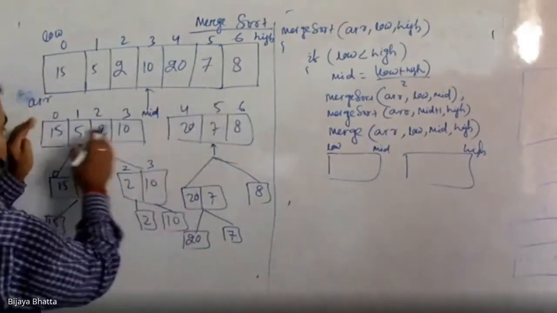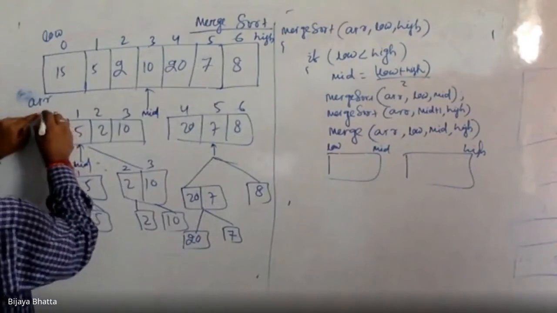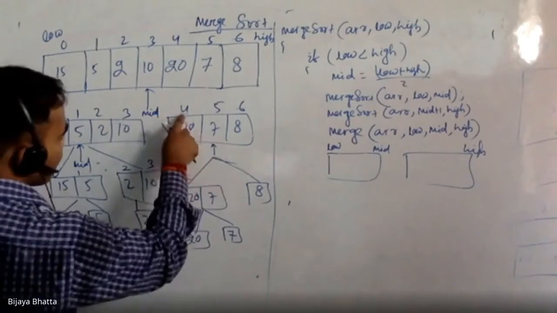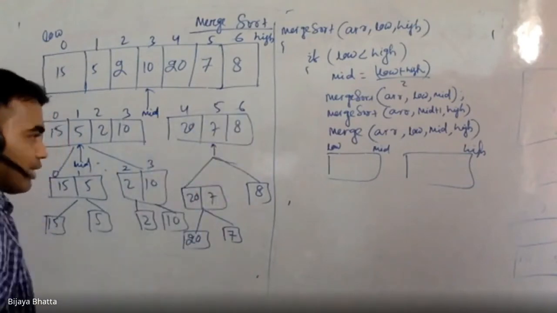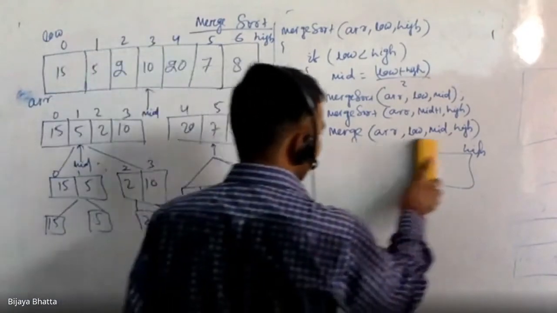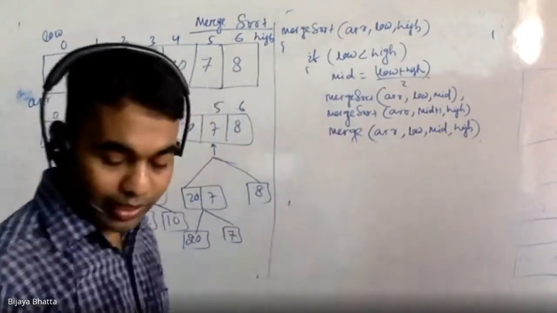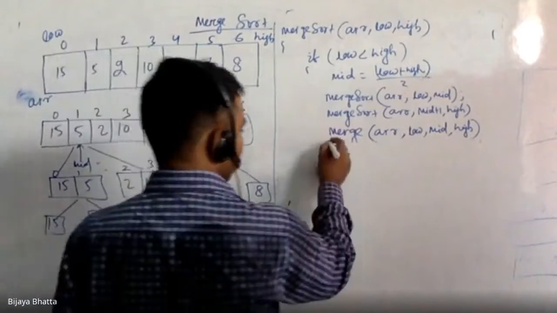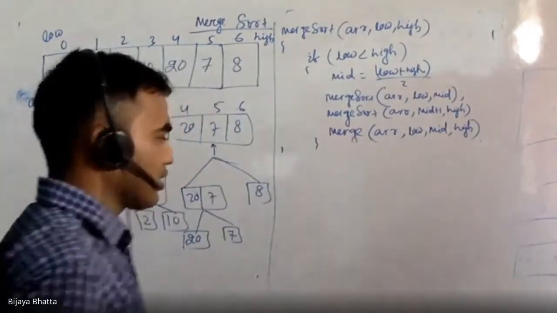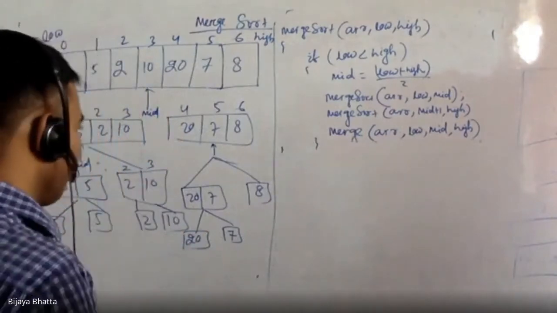any given array. Suppose low is 0 and mid is 3, then definitely I know the other part is going to be 4 to 6, right? So that's why I can compute this. Okay, so this is the whole algorithm of the merge sort. I know I need to write the complete algorithm for merge, but this is the algorithm for merge sort. Let's assume that merge is responsible for merging two arrays.